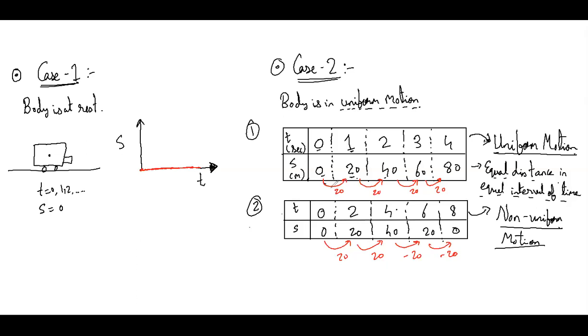First one you can plot easily. First one, if you plot, this will be a straight line. You can plot it properly also later. So it's a straight line like this. And second one, if you plot, it will be something like this. Can anyone tell how the second one will be?